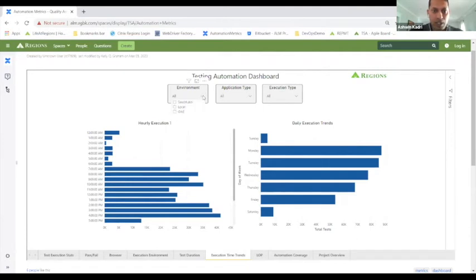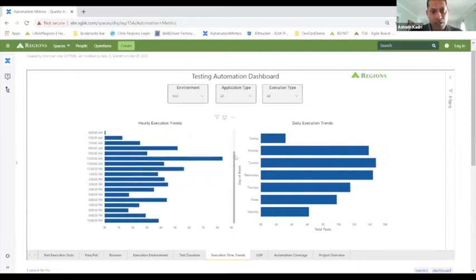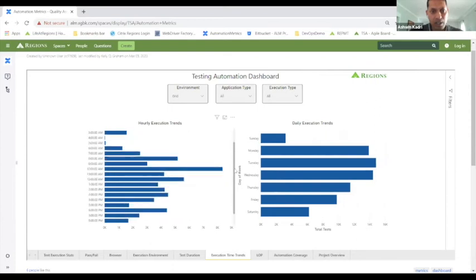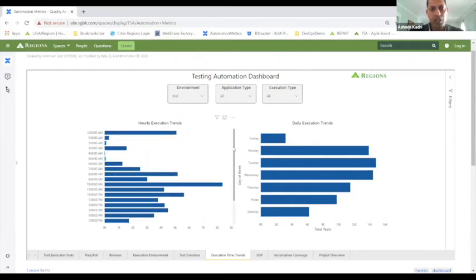If I want to see what times the grid is utilized, I find that the grid is utilized across the hours. You can see that even after 5 p.m., people are continuing to use the grid, which means that the offshore teams, teams in a different time zone, are continuing to use the grid infrastructure.